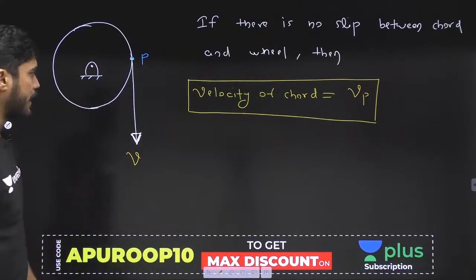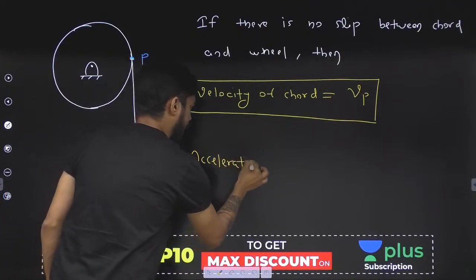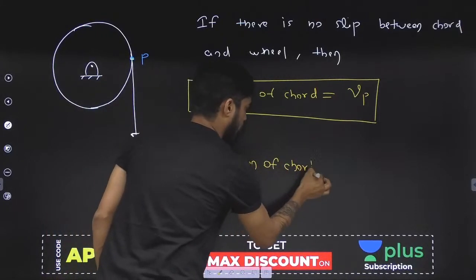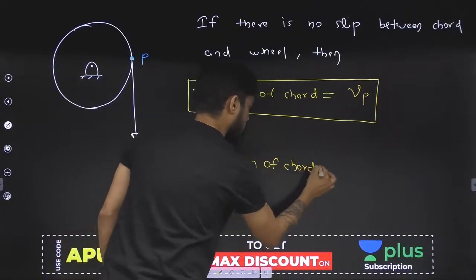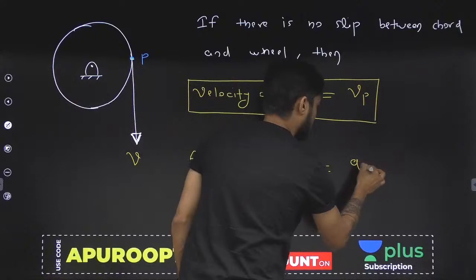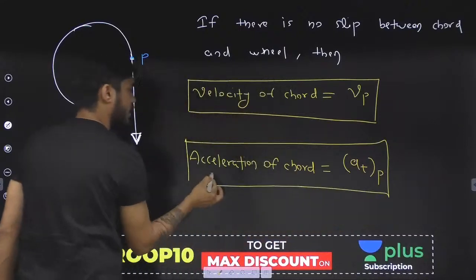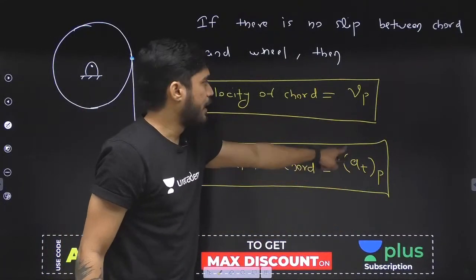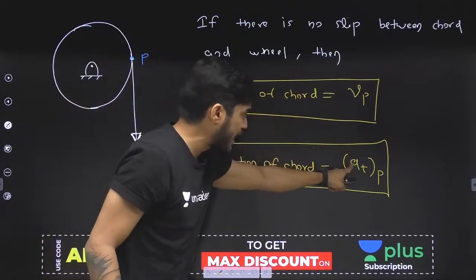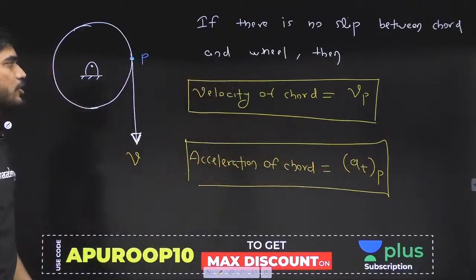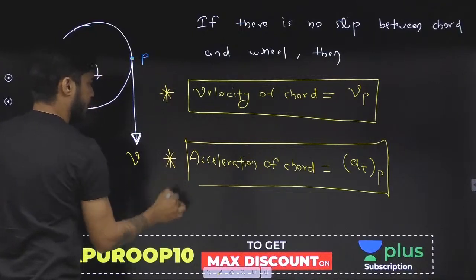Okay. Second thing, acceleration of cord will be equal to the tangential acceleration of P. Not the total acceleration, the tangential acceleration of P. If velocity at P is equal to velocity of cord, then tangential acceleration of P will be equal to acceleration of cord. So beta, these are the 2 points which you need to remember in order to solve these